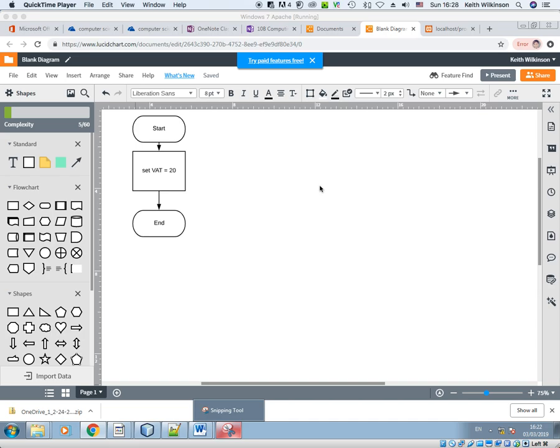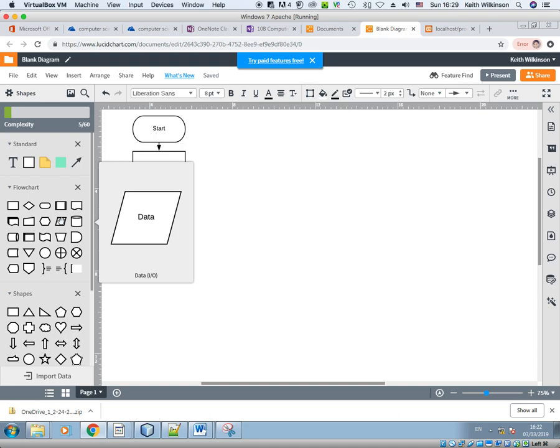We're going to look at a new symbol. We're going to look at input and output. If you remember well back into the specification, there are 5 symbols, 1, 2, 3, 4, 5, and the line that we're going to be using. And this one is the data symbol. If you can read the bottom there, it says I/O,